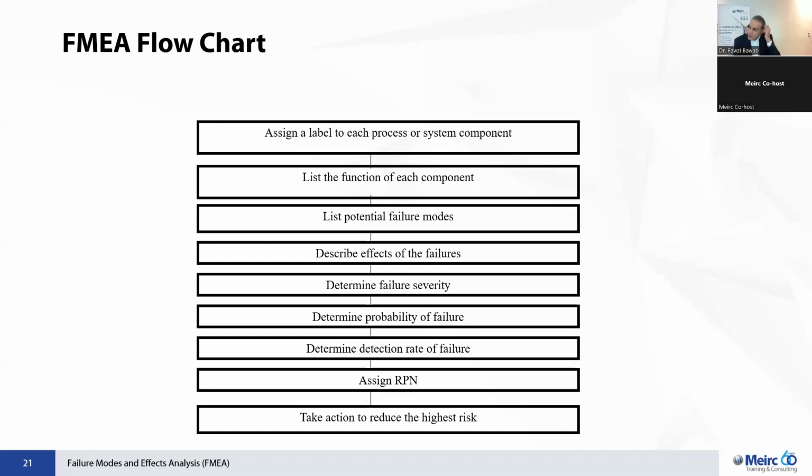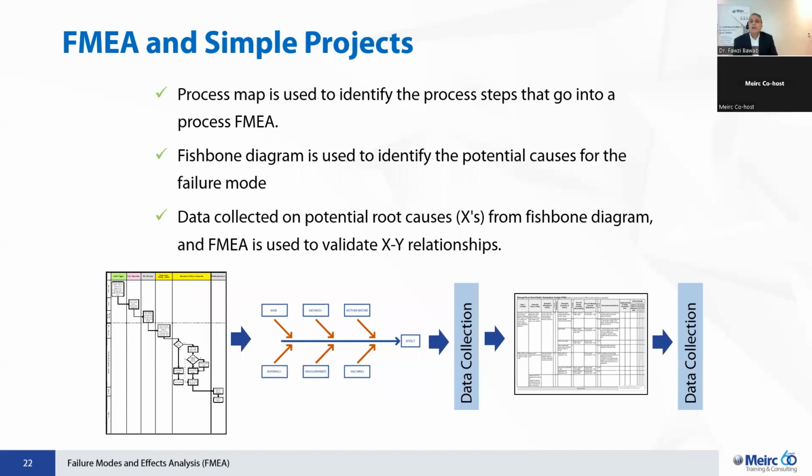And then the next step would be to think about the actions that we need to put in place to try to reduce that risk number. Now, to make this a little bit simpler and maybe clearer, we basically could go and start developing what we call the matrix that we will use to identify the elements that I just described. So maybe a process flow would be useful for us, where we can identify the steps, and then we could engage into a fishbone Ishikawa diagram to start thinking about what could be the potential causes.